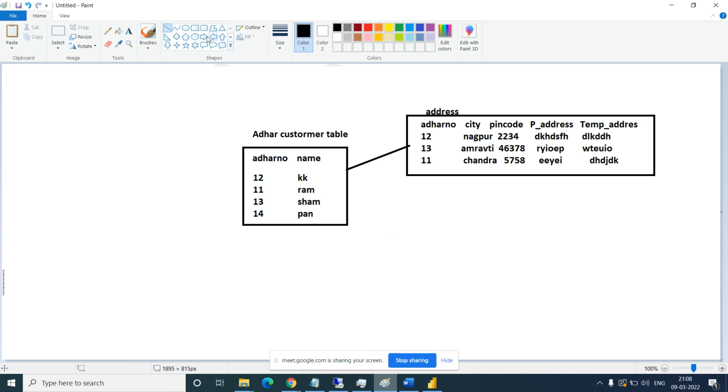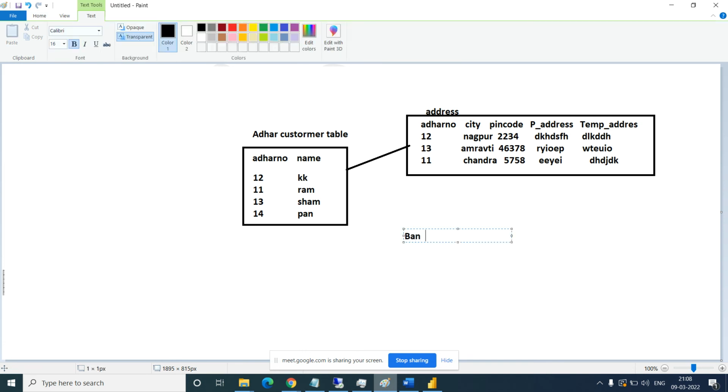One more table I am creating, that is for account detail, bank account: Aadhaar number, account number, account type, bank name. Let's say Aadhaar number is 12.